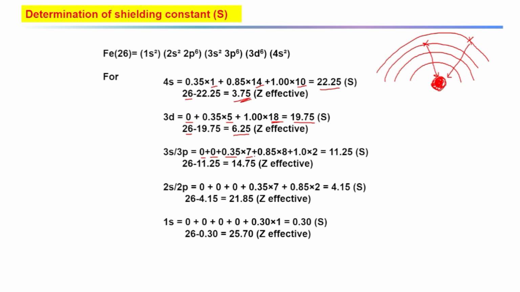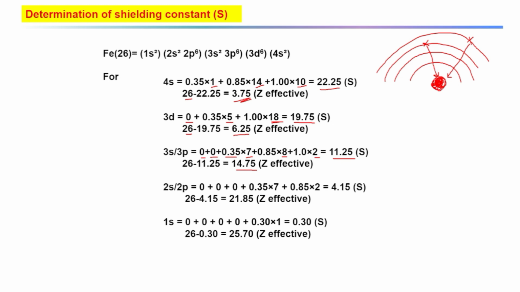Then before that we have 8 more electrons in the 2s2 and 2p6. Those 8 electrons will give 0.85 shielding constant, and we have 2 electrons in the 1s. Those 2 electrons will give shielding constant 1. So in total the S will come out to be 11.25, and if we do Z minus S, we get 14.75